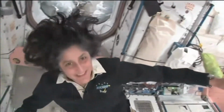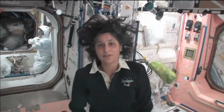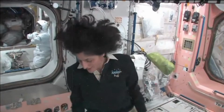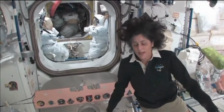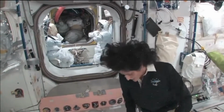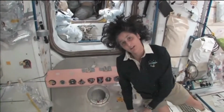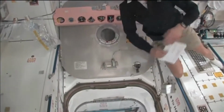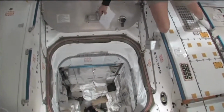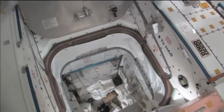We're lucky we have a really cool big space station that you can fly around in. That's actually called the PMM. You might have seen it out the window. It's a big silver canister. What's really great about that is it's essentially our closet and our pantry, or whatever you want to call it. We have extra food down there. We have extra clothes. We actually throw the trash out down there. So it's nice and organized, and we have all of our stuff that we need while we're working in all these other modules stowed in this location down here. And it's a lot of fun to play in. Now that's a lot bigger than